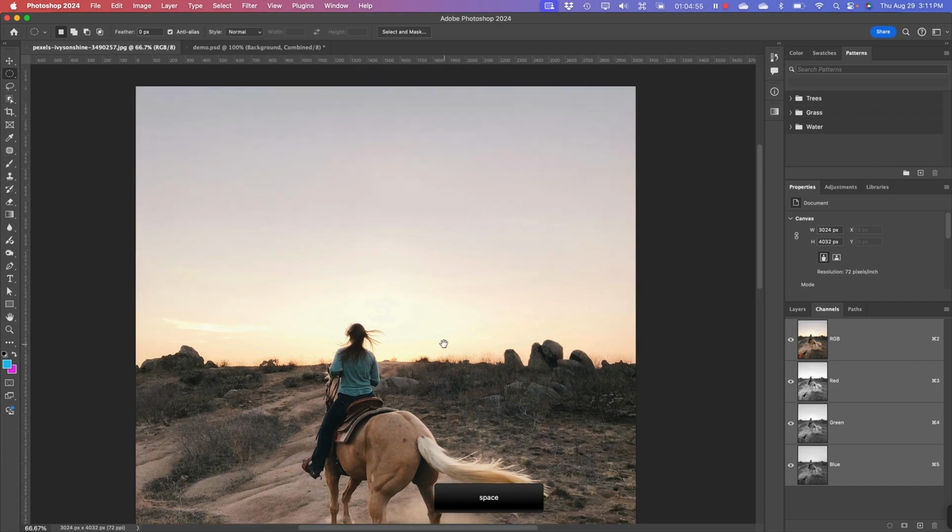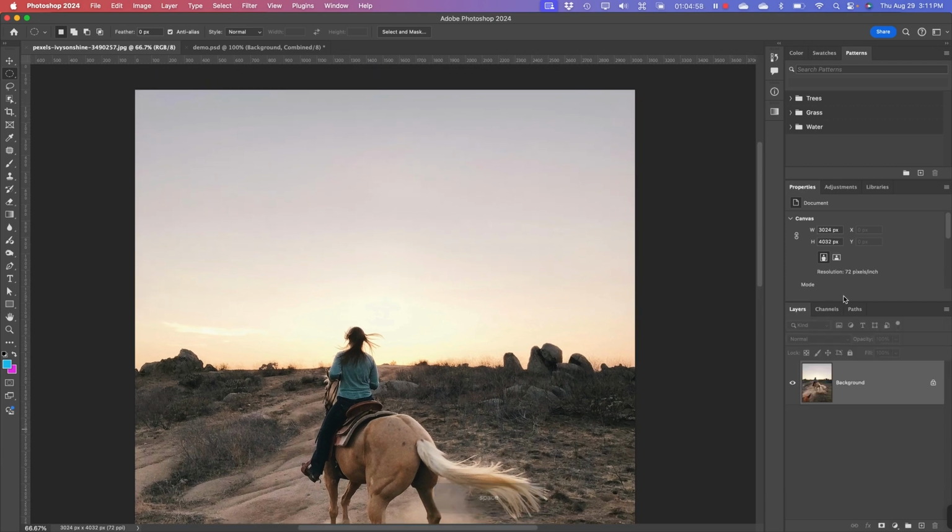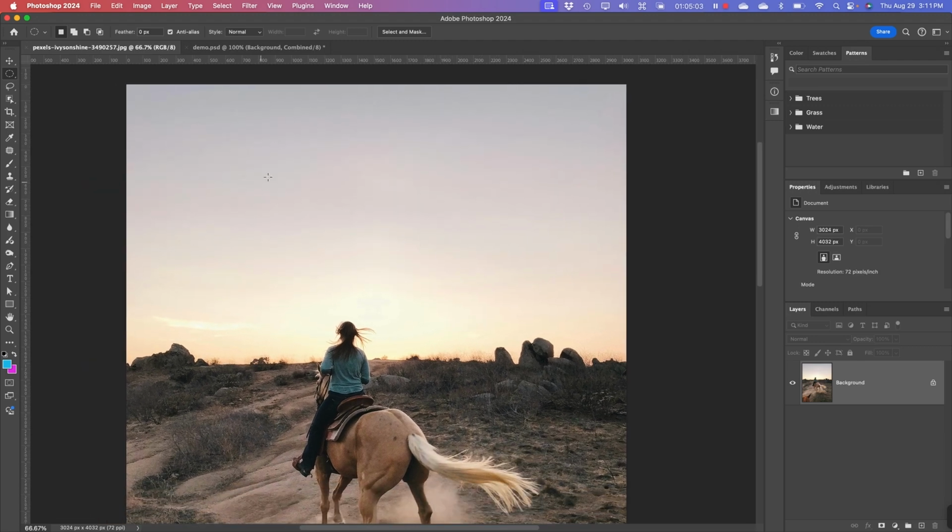So why don't we go back here to our layers panel. And what I want you to do is just do a couple of very simple things. Let's say the third one down, and I want you to select the magic wand tool. Let's do a real simple selection first. So the magic wand tool, I'm going to select the sky. So if I click on the sky,